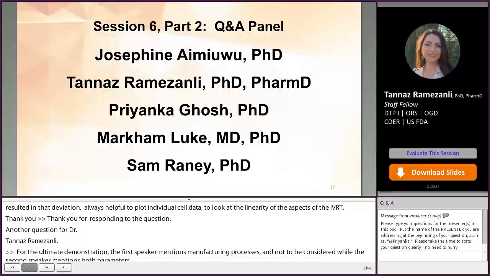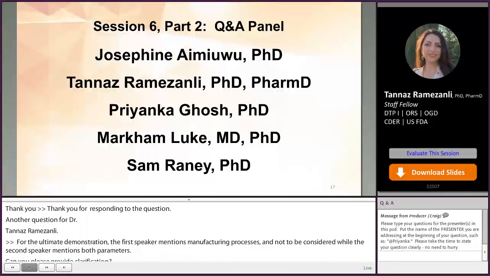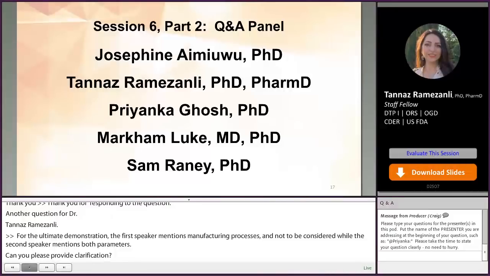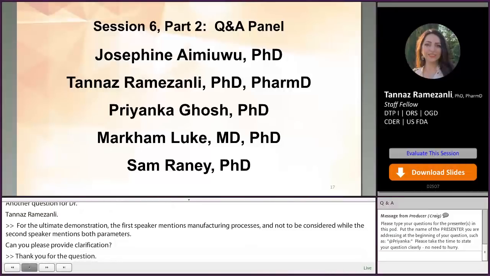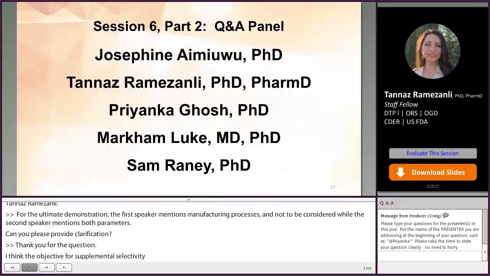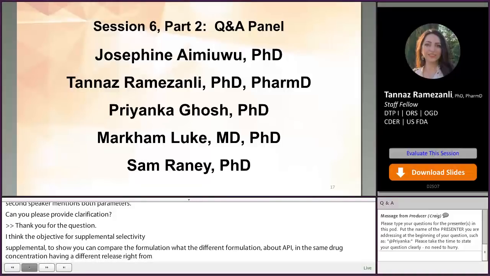Sure. Thank you for the question. So I think the objective for supplemental selectivity, and as it says by its title, it's supplemental to your actual selectivity, is to show that you can compare your formulation with a different formulation of that API at the same drug concentration, that has a different release rate, and your method is able to discriminate the release rate of your formulation from that altered formulation. Sometimes by a simple Q2 change or a manufacturing change, you may be able to come up with an altered formulation that has a different release rate compared to the original formulation, and sometimes it is more challenging and you